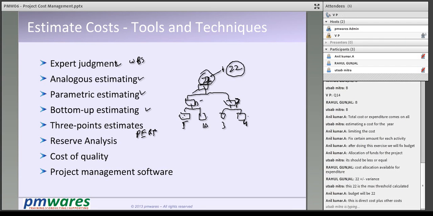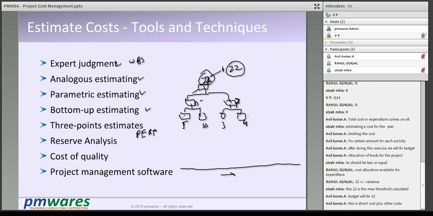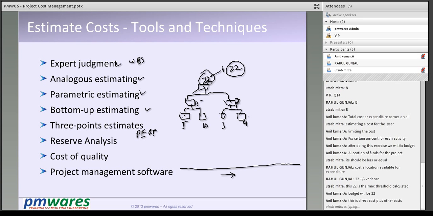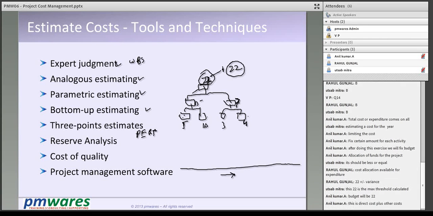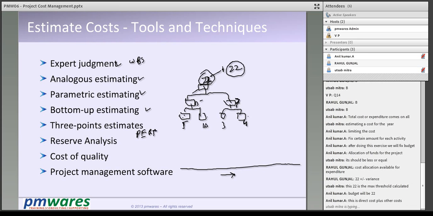This is direct cost plus other cost. Okay, let me explain you. Suppose this is timeline. You already have schedule with you, right or wrong? You have already prepared a schedule. In fact, project schedule is one of the input if you have seen. So what does that mean? Suppose on every activity, one person is working. Suppose this is architect, maybe a little expenses. Suppose all are same expense. One resource is working on all this.